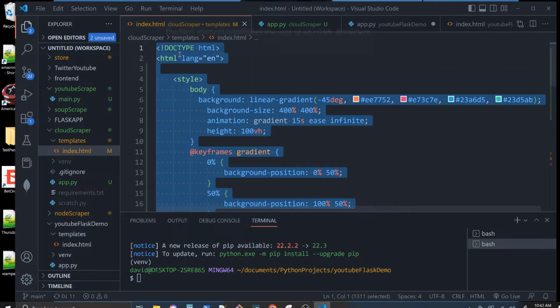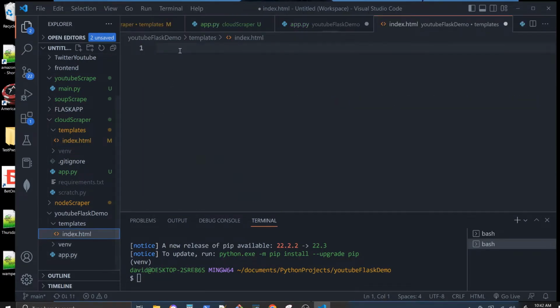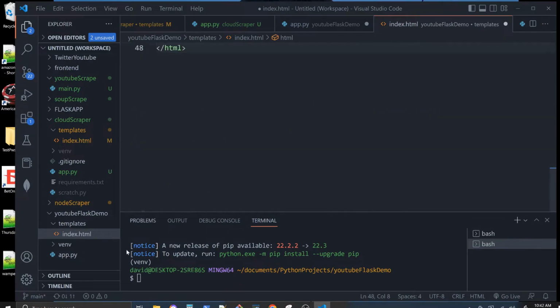Cool. I even got some CSS in here. I added that last night. And we'll paste that in. Cool. Okay, so